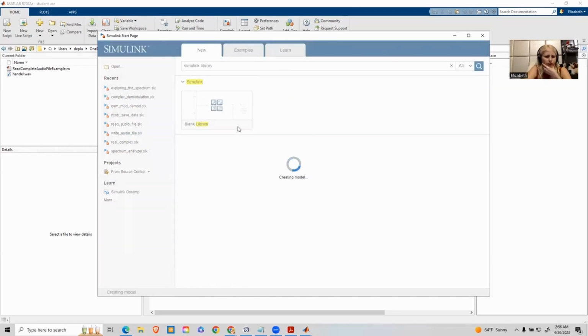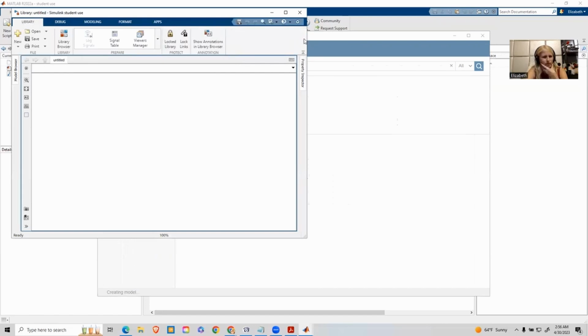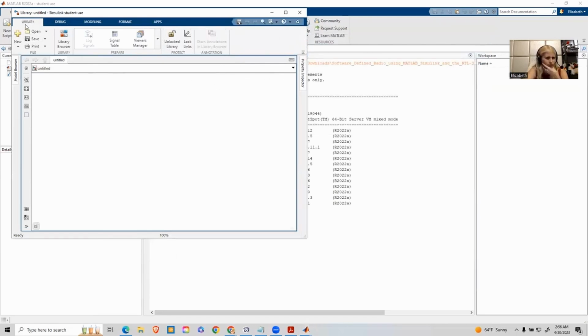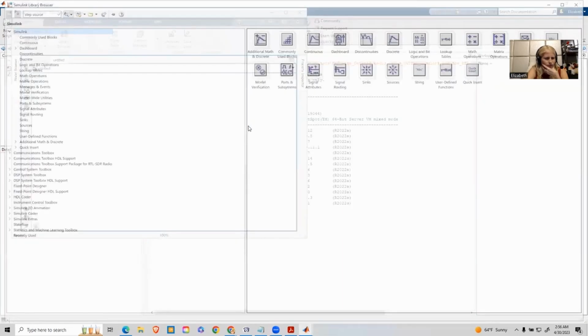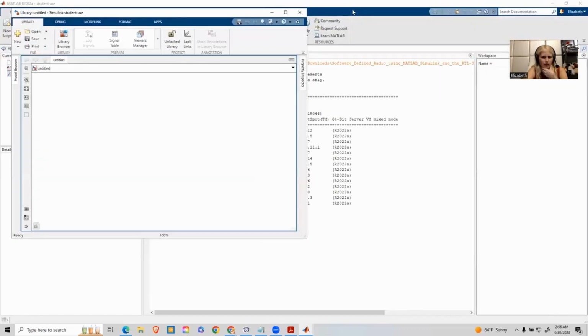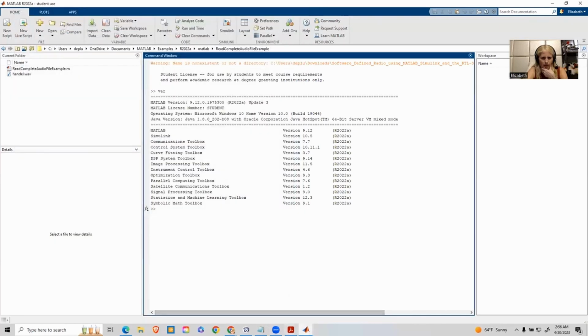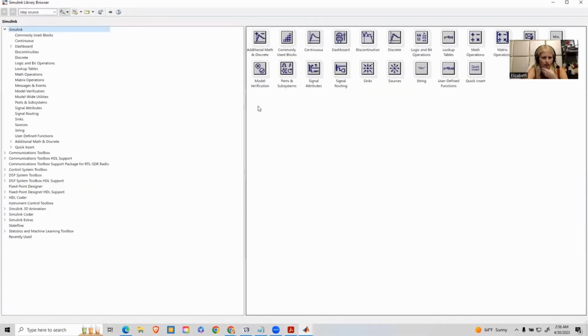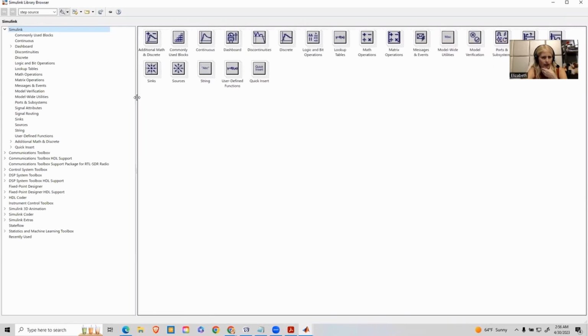Oh, we don't want a blank library. I didn't mean to do that. Well, that took me to the library browser. Okay, there we go. That's where we wanted to be. We can close that and open that other back up. Okay, from there, once you click that, we're gonna go,